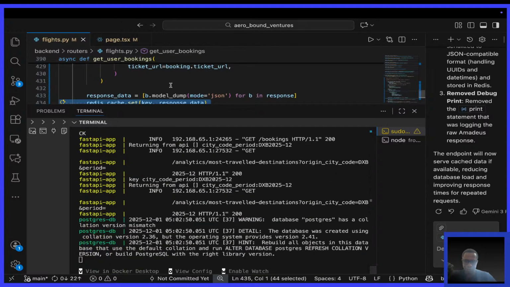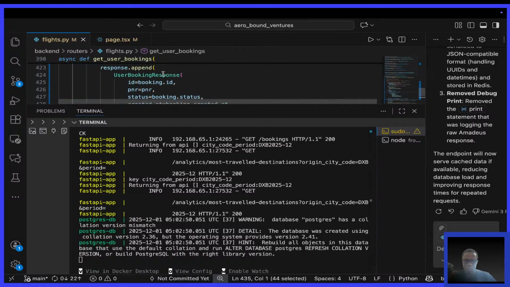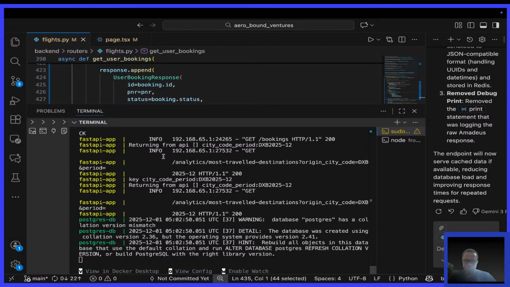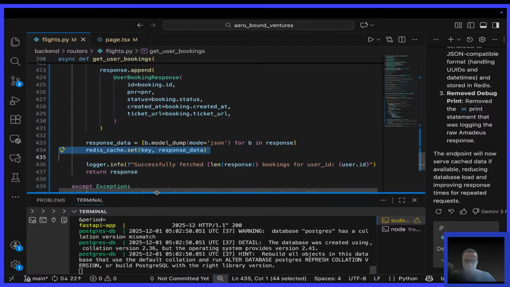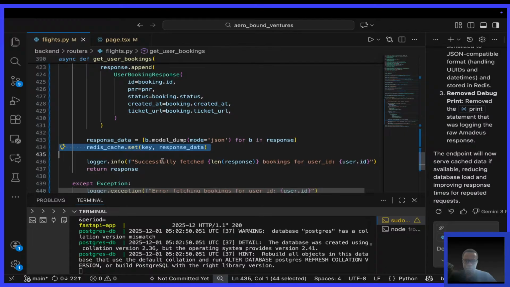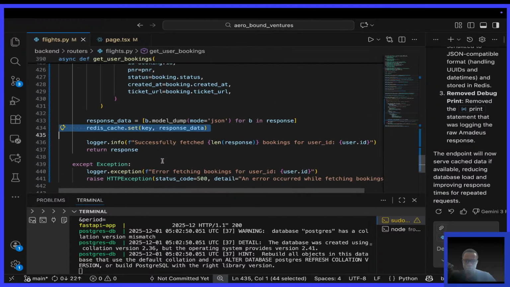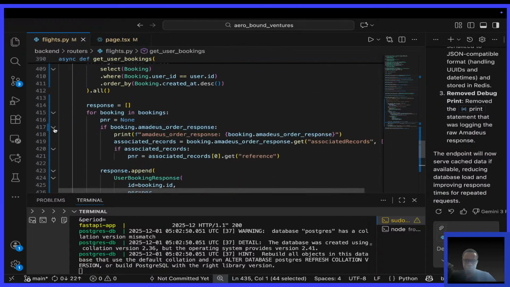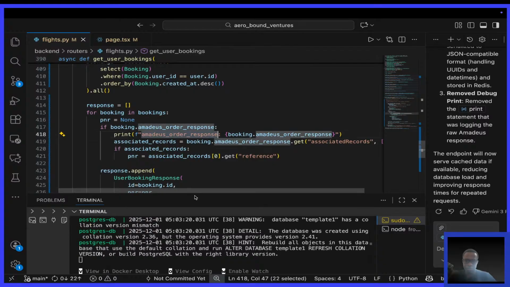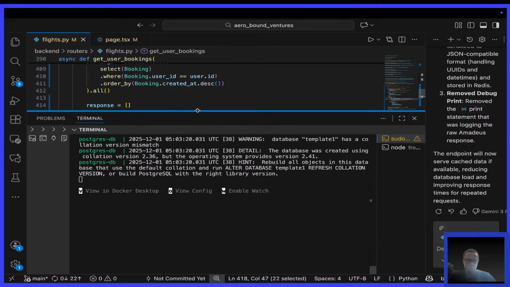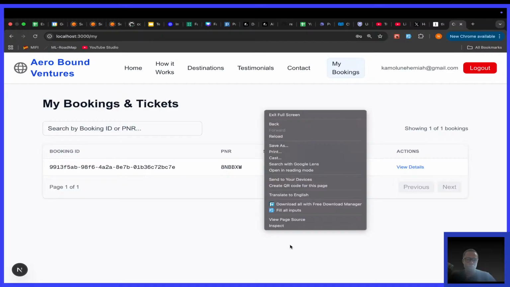I can't find that. Let me see. I want to find this. I want to search by a particular string. Okay, but even before that, I can actually take you to the